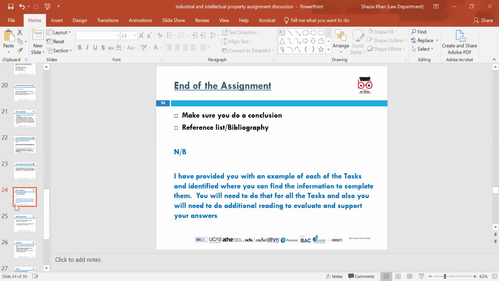At the end of the assignment, so that's all the tasks gone through, make sure you do a conclusion. Make sure you produce a reference list or a bibliography. Note that I've provided you with an example for each task and identified where to find the task information to